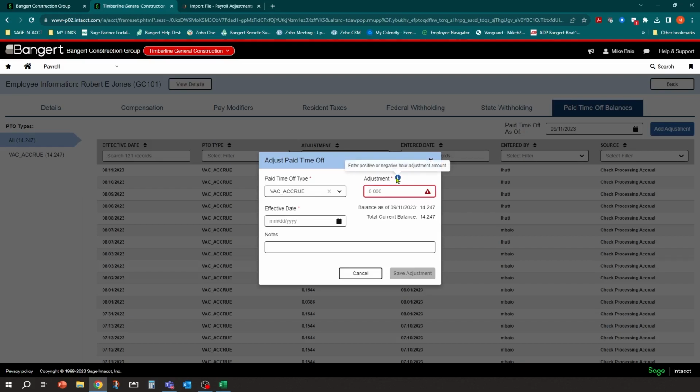Okay, so if you notice from the help icon here, you can make a positive or negative hours adjustment. So I can say if it should be minus 0.247 to get it back to 14, we can. Or in this scenario, we're going to do an hour adjustment, get it up to 15.247. So you can make any type of adjustment you need to make here and provide when you need that adjustment made. Let's say we're going to up this and fix this as of August 31st. And then we can put a note, increase was incorrect, fixed now going forward.